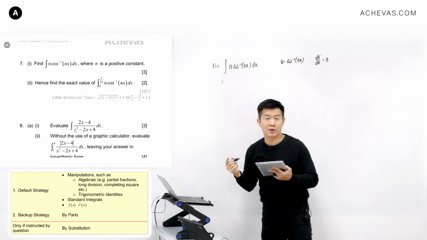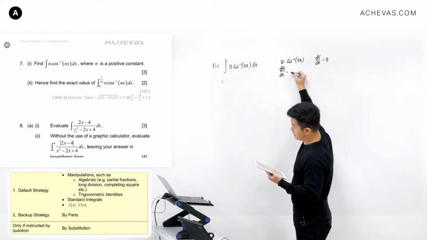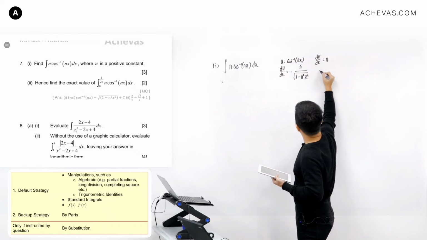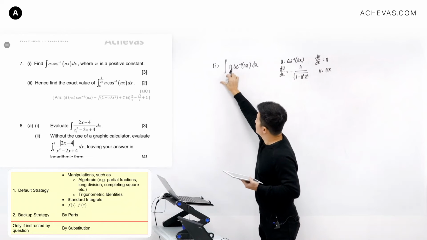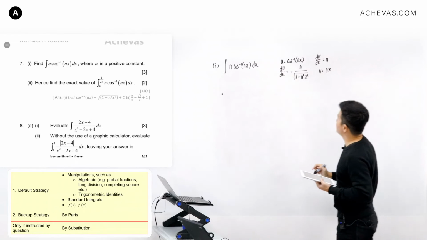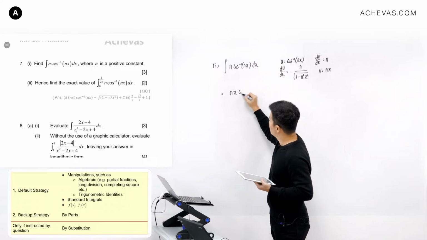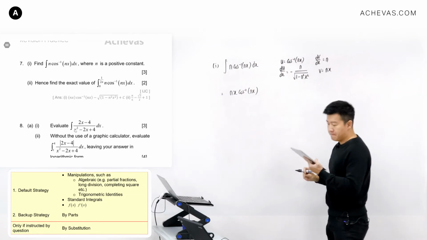n is a constant, a positive constant. So du/dx is going to be minus n over the square root of 1 minus n squared x squared, and v is going to be equal to nx. So this is going to be re-expressed into uv. So we have nx cosine inverse of nx